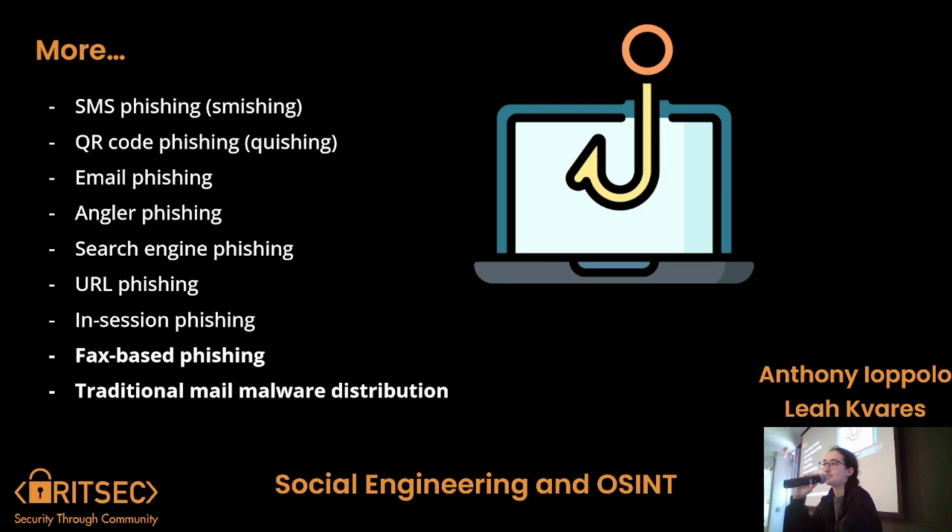That's your OSINT chain, where you find out something about these people, you have their mailing address, and you don't even need anything else. You just send them something, and they might plug it in. And that's kind of crazy. Don't plug things in from the mail, and that's also way less common now.